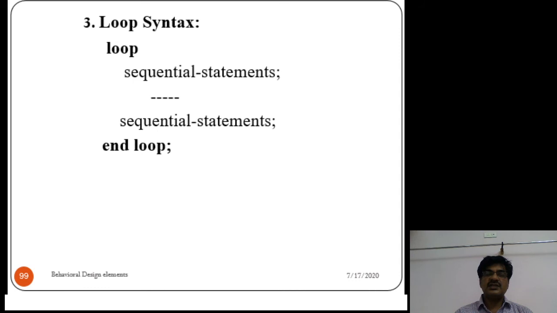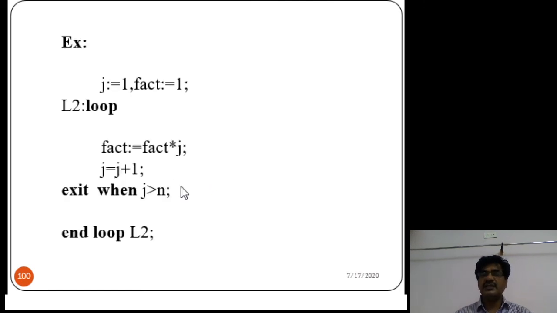Then coming to the plain loop statement: loop, these sequential statements, and end loop. Here is one example, again to calculate the factorial value. So label name colon loop, fact equal to fact into j, j equal to j plus 1, exit when this condition is satisfied.